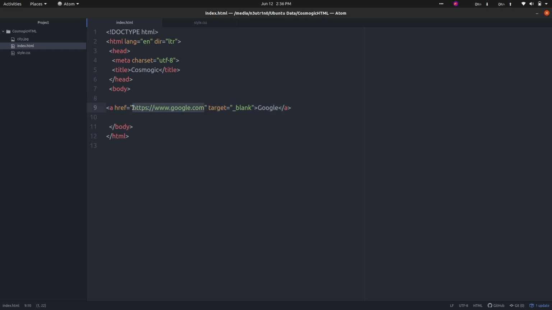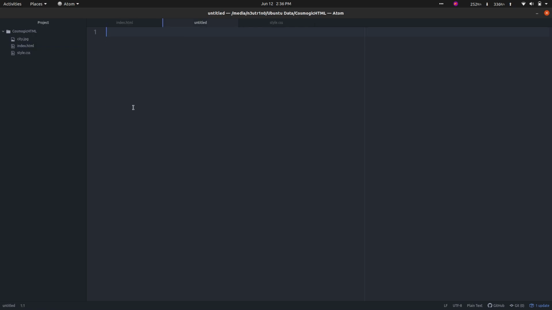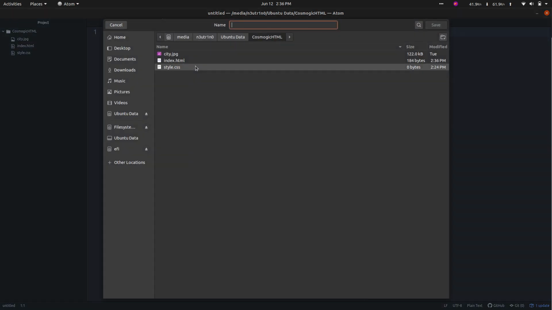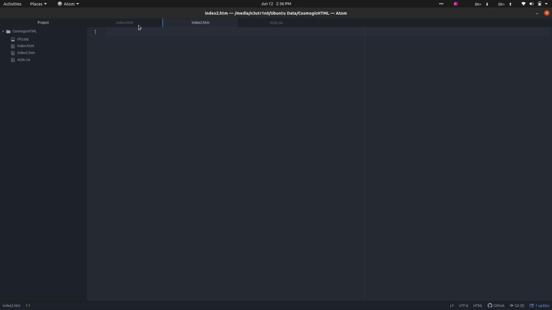Now one more condition: when we have a local file. I will create a new file here and save it as index2.html. The extensions htm and html are the same, and I will provide basic content here, like an h1.